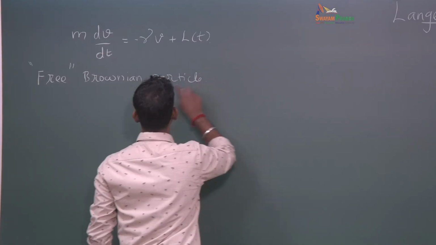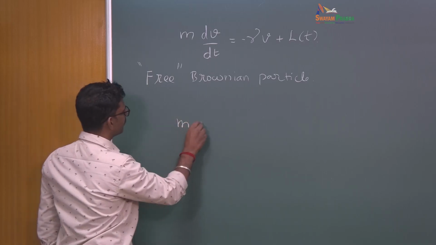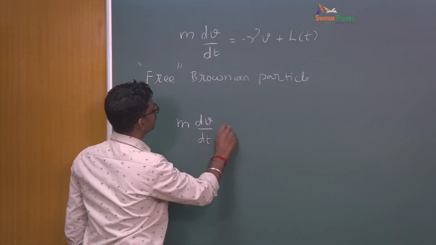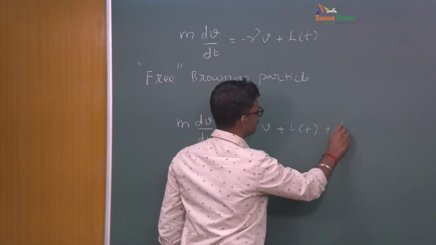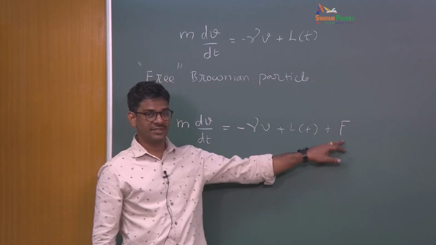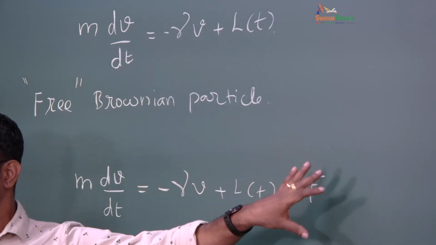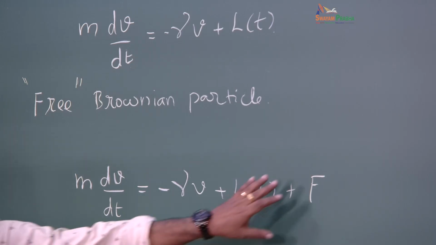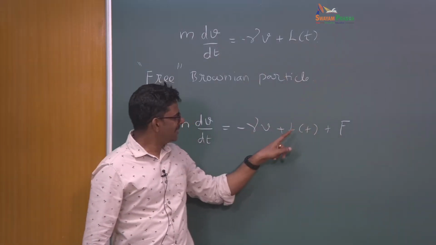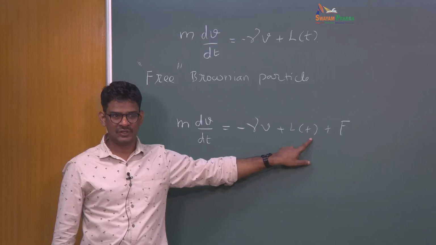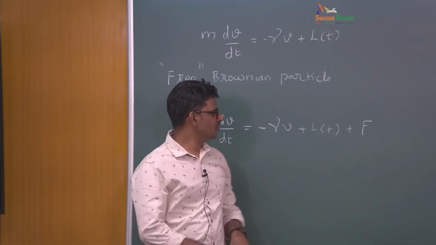So you can say, for example, so this is for a free Brownian particle, and if you want to say a particle under an external field, you would have some additional force, and you have to prescribe what this force means. You know, is it a gravitational force? Is it any other kind of body force? That's where, as a modeler, you will have to describe what is the nature of this. This can be a deterministic force, it can be a random force if it is coming from some other randomness. Already we have taken care of the randomness associated with the molecular collisions. If you think that this particle is subjected to some other kinds of random force, you can encode it, okay. So here we are leaving it open,